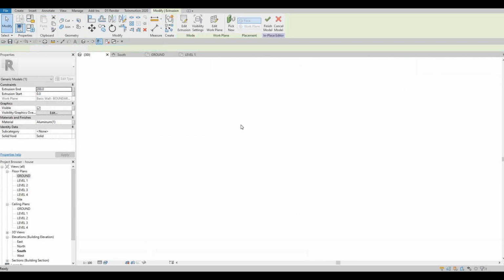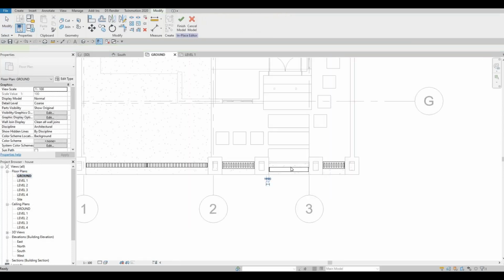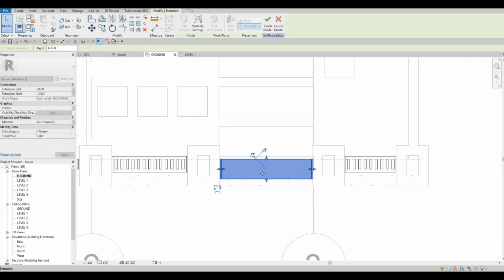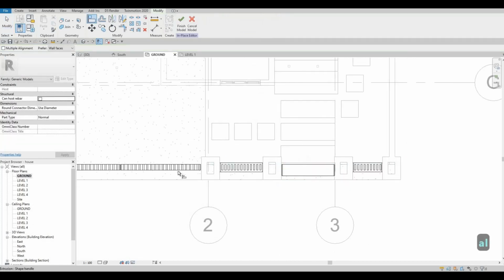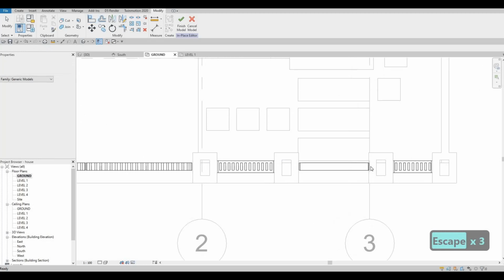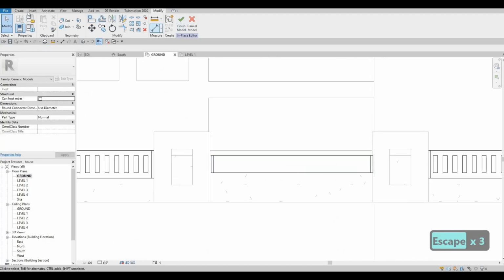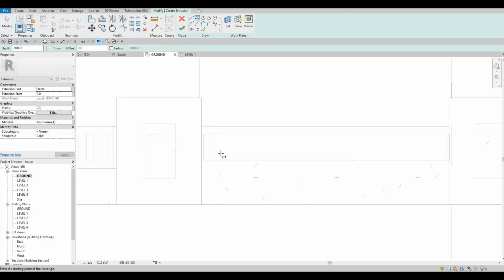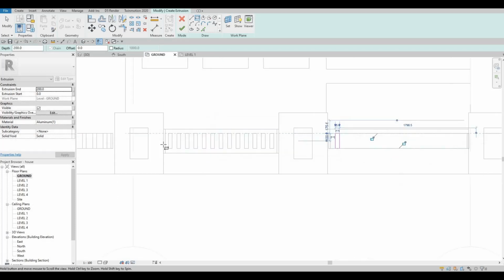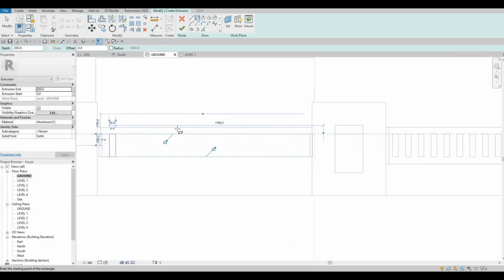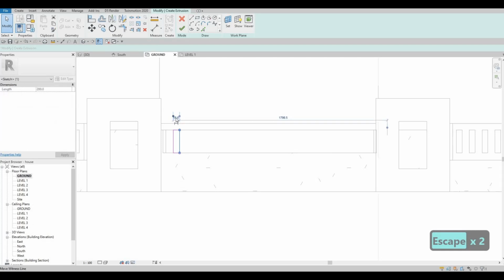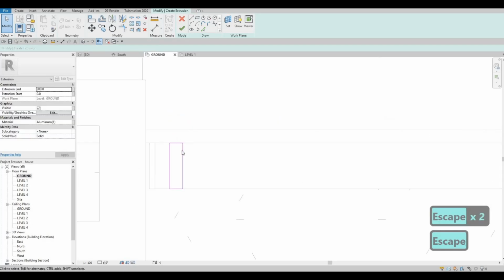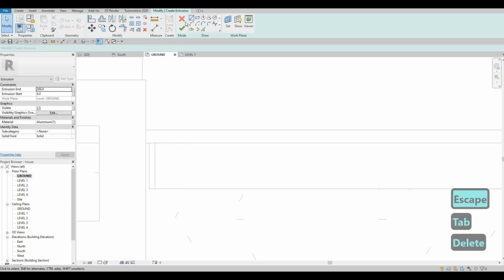Click finish, go to 3D or go to ground, and then we just need to be aligned to everything. So AL, there we go. There we go. So everything is aligned now. And then create another extrusion, which will be this. I forgot this one. I think this is 50 as well. Actually, before this, I'm just going to